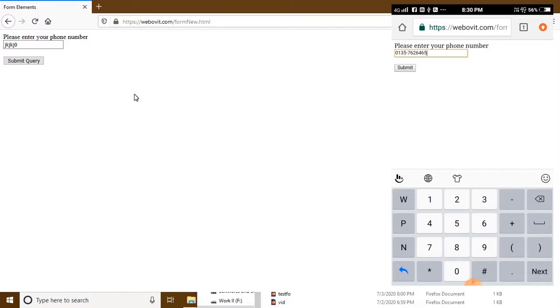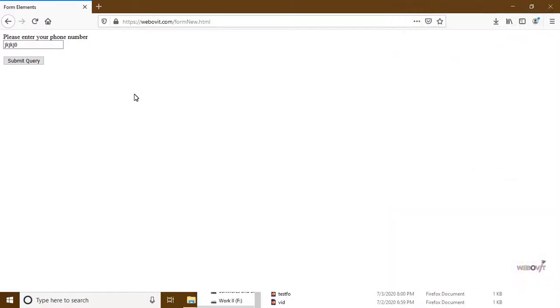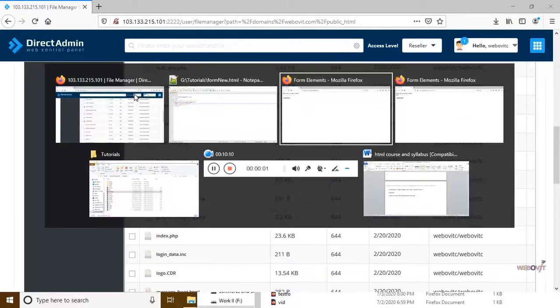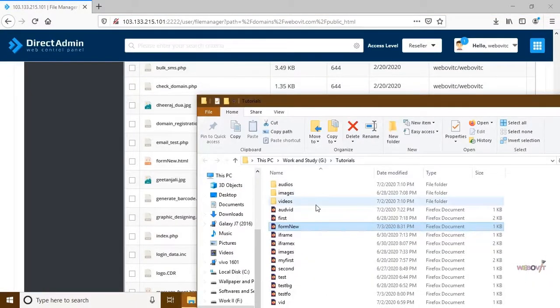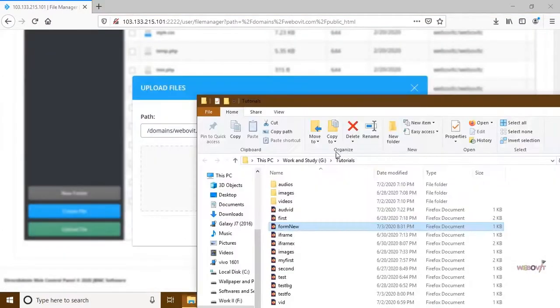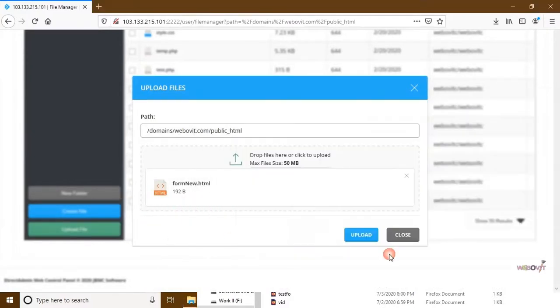Generally these days we are creating websites for multiple platforms so that the website is running in mobile devices as well as in the computer. So we have to keep in mind the mobile devices as well. So it's a great thing. So now again I will change this file, and instead of tel I will write only text. Okay, so you will see the difference. I will upload the file. Here I uploaded the file.